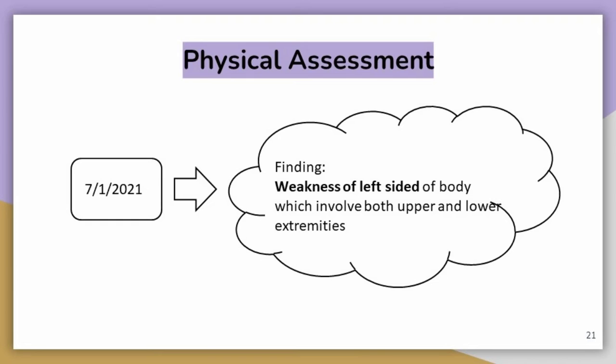During the interview done on the 7th January 2021, the patient looks well, alert and conscious. The patient's conjunctiva is pink, no discharge from ears, nose and eyes noted. The lips were moist and no ulcer noted. No enlargement of thyroid gland noted at the neck area. For the upper and lower extremities, capillary refill is less than 2 seconds, but weakness of the left side of the body is noted, which involves both the upper and lower extremities.